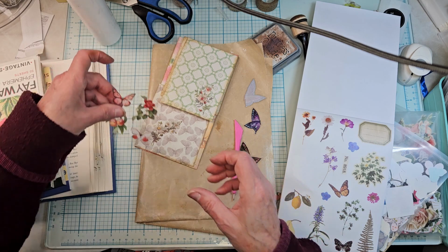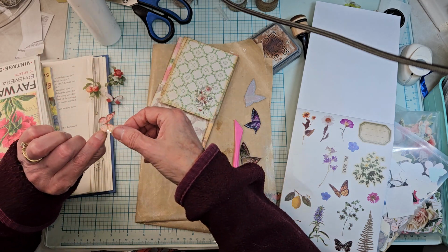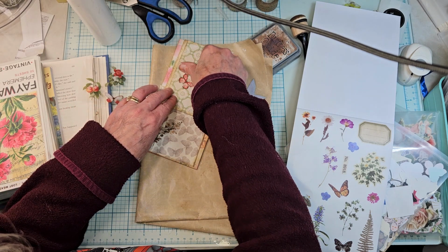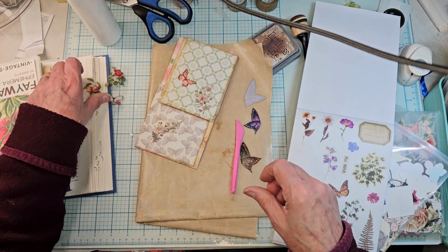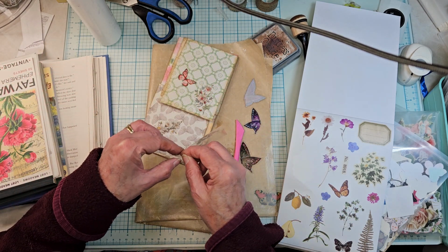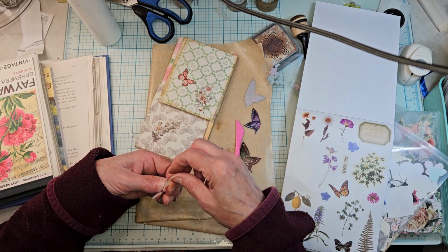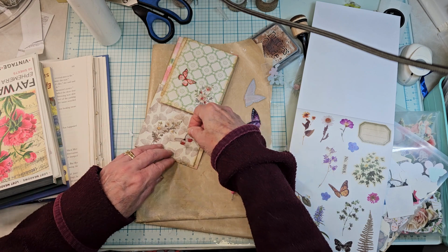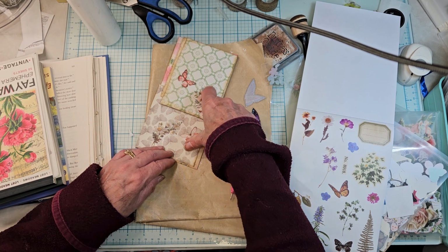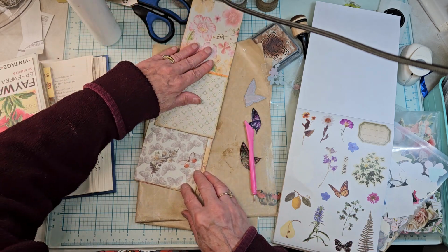And we're going to put this little pink butterfly up there. Like that. And I think we're going to put this little butterfly with the pink and the white down here. There we go. And then here,